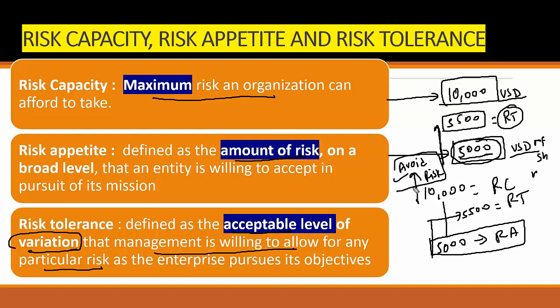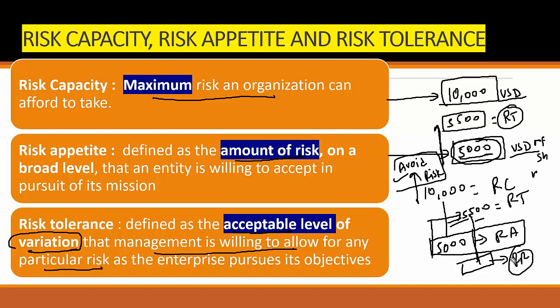Now what I did, I implemented some controls and brought this deviation below the appetite. That is called mitigation, and the risk which I brought below the appetite is the residual risk that I accepted. So anything which is below or equal to the appetite, we will accept.